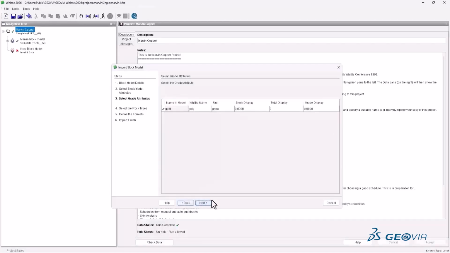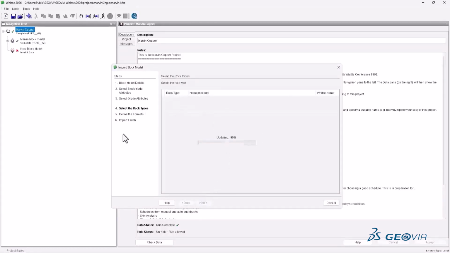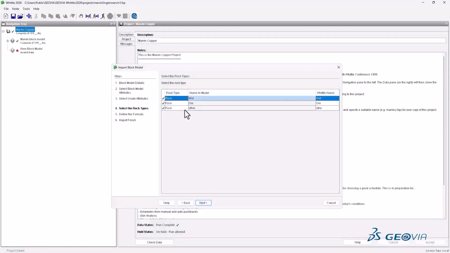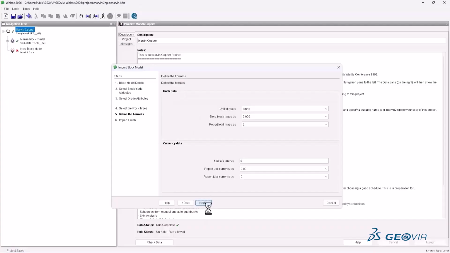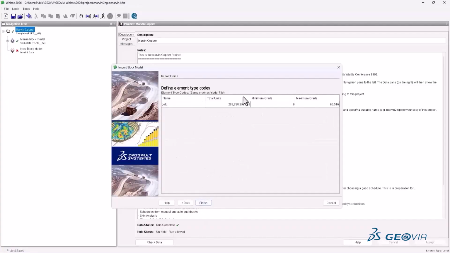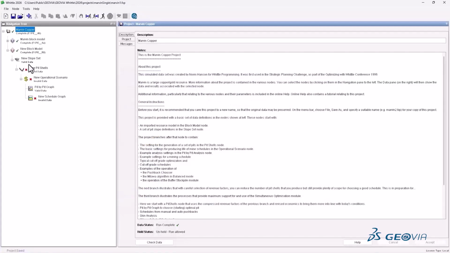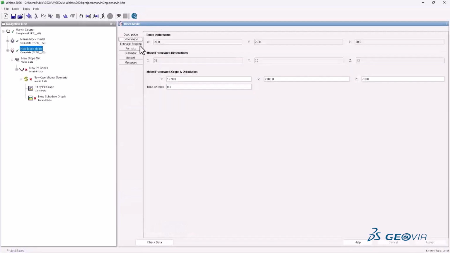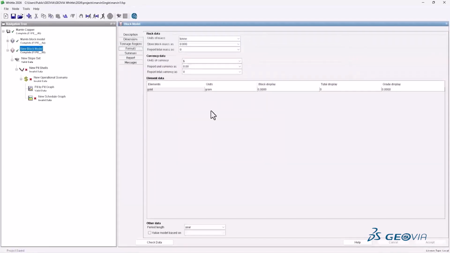We'll hit next. The important thing with this is that it will not be multiplying that block value by the tonnage. It will be an aggregate value. And next, it will calculate the rock types. Our waste attribute we will import as rock, and other we will import as air. And then next, let this finish, and it will import. Now going through the list, it will import all our proper dimensions,